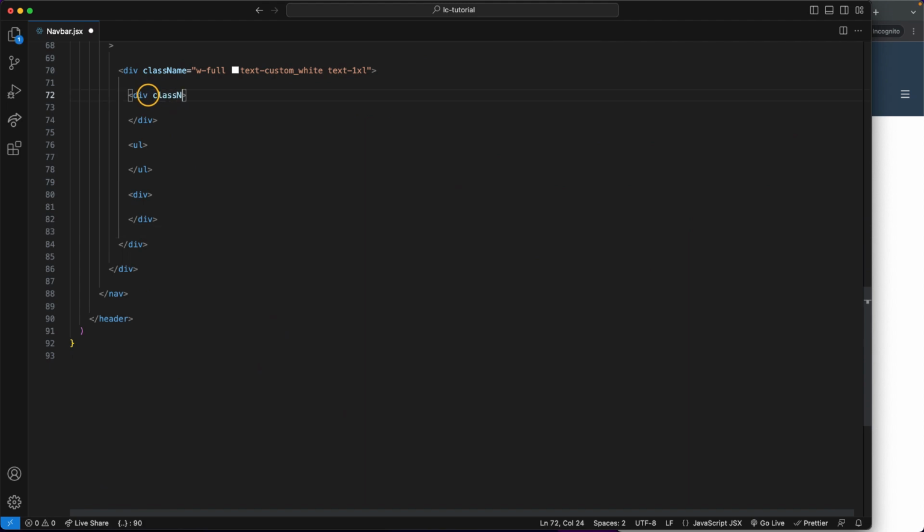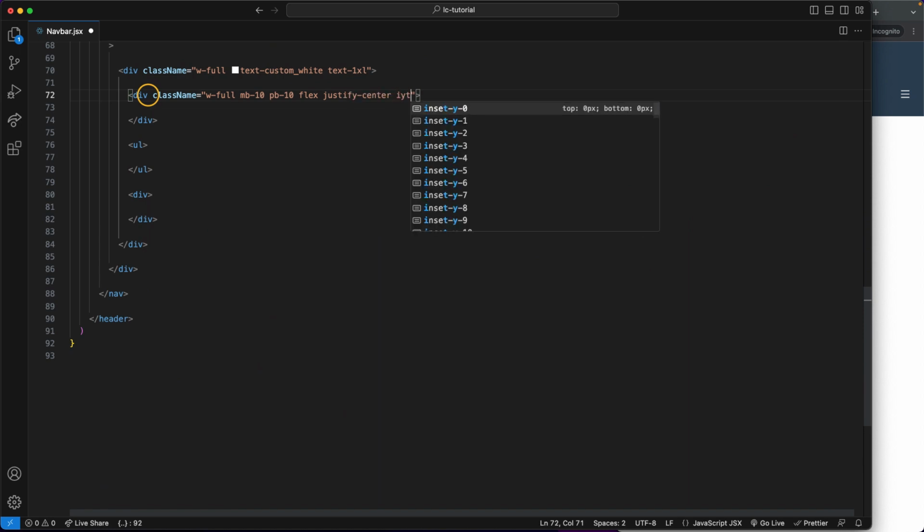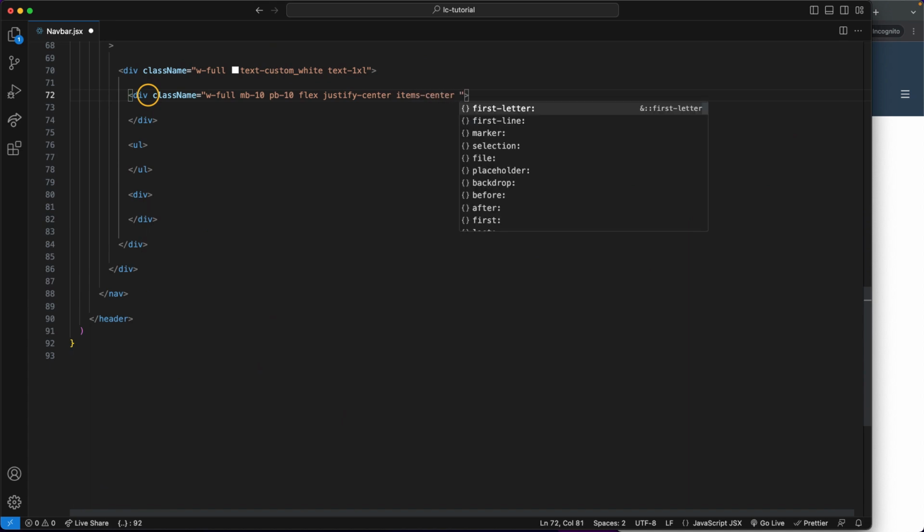So class name, this one needs to be width full, of course, horizontally, margin bottom of 10, padding bottom of 10, and then flex, justify-center, items-center, and mx-auto. Now this div is ready to nest our link component, because this is going to be the logo